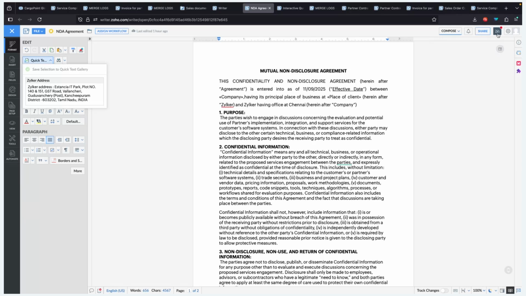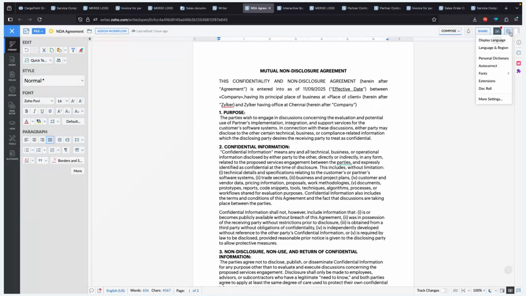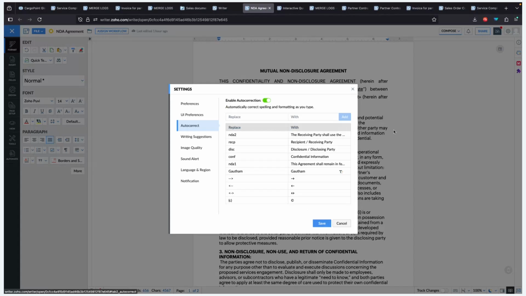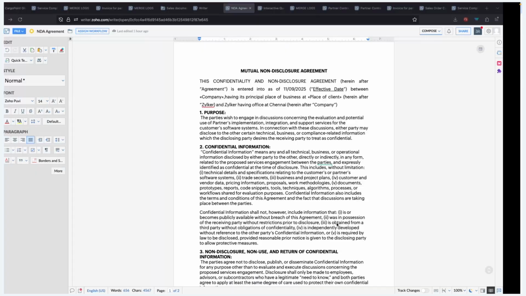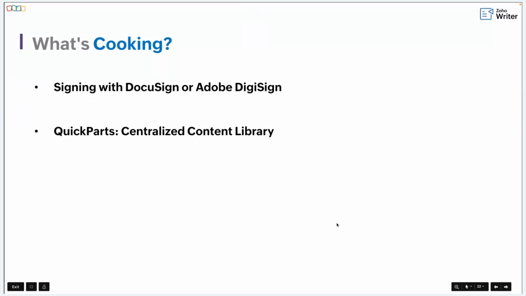And not only that, we also have autocorrect options available, using which complex terms can be easily entered. So here, let's say you enter NDA, that actually autocorrects to "This agreement shall remain confidential" and so on. If you add CONF, then it is detected as confidential information. So all you have to do is make sure that you add these options when you create the documents as well. While we talk about quick text, we are also providing an enhancement, which is Quick Parts,